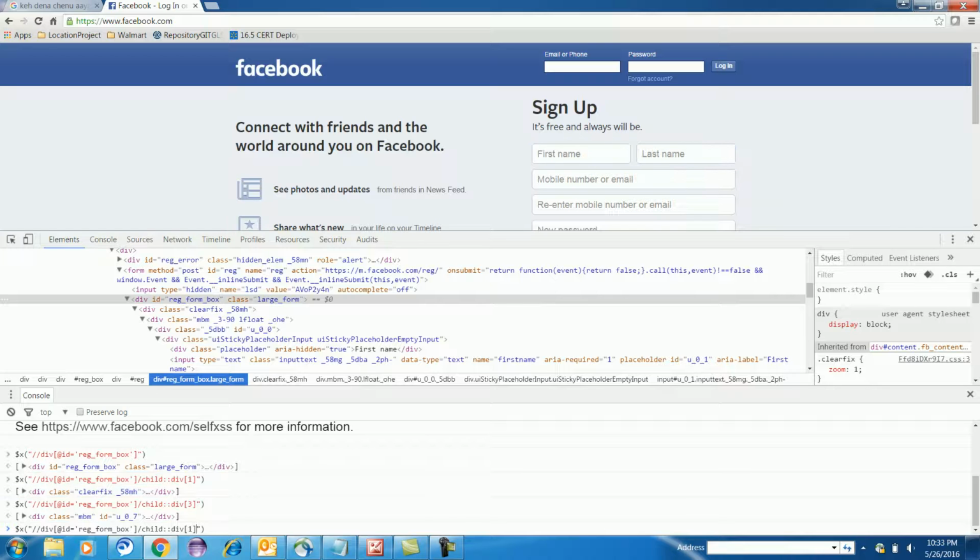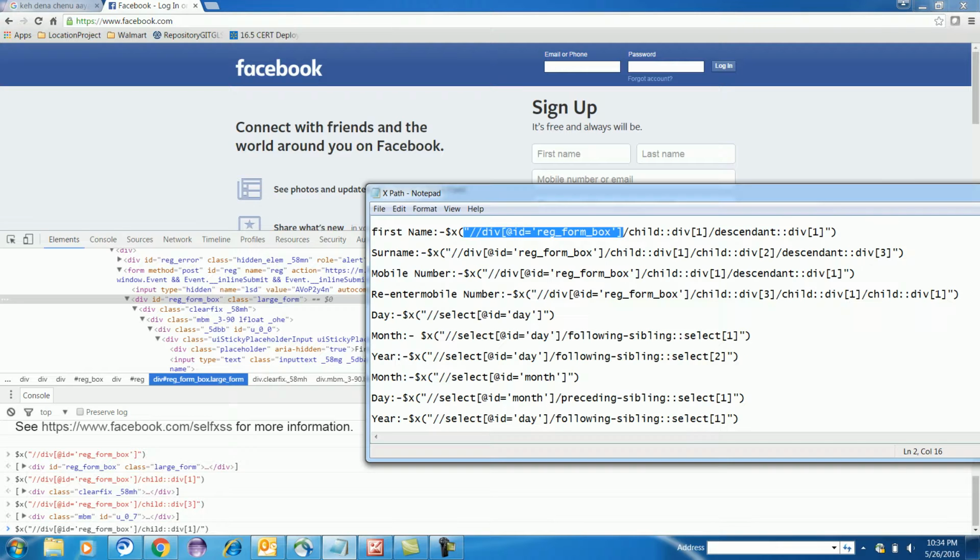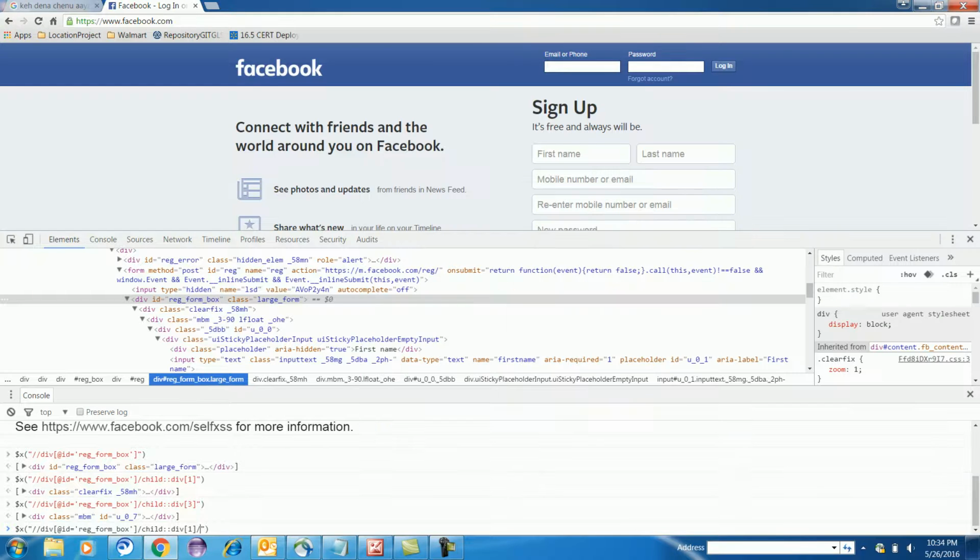Inside that, you can write here, see what I have written, descendant. Inside that I am using descendant again, colon div 1.